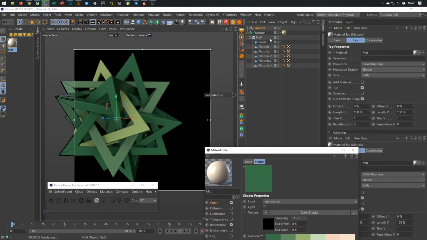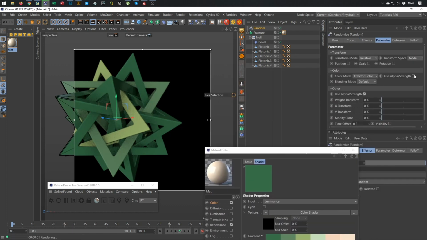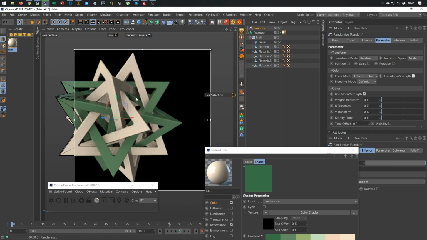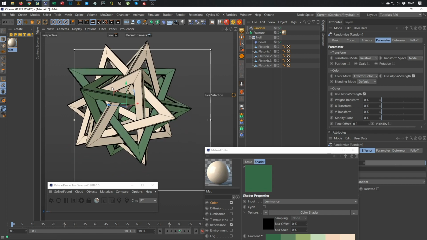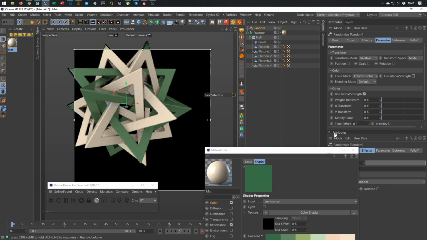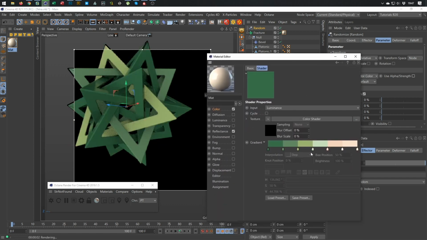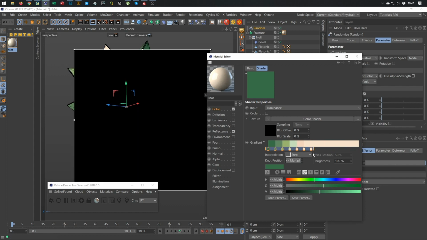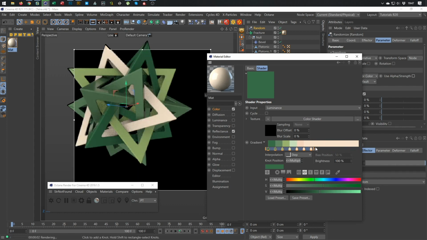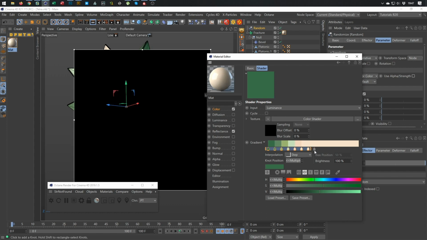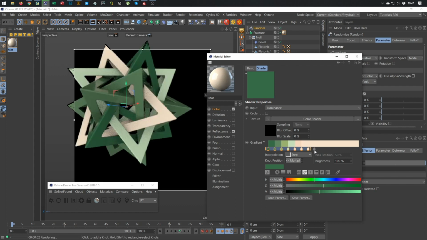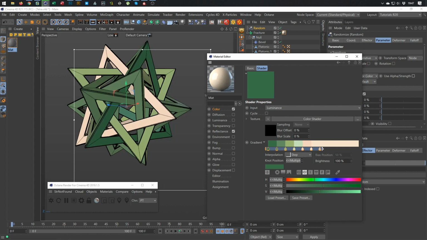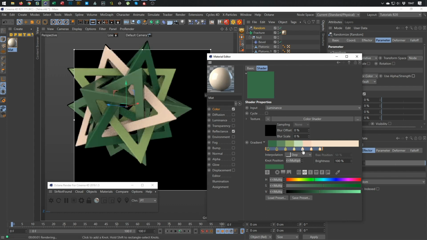You can try if you like it more when you go to the random shader, alpha strength. You can do it like this. You simply play around with this. Oh, I have more colors of this. A little nicer. This selecting the nodes here and